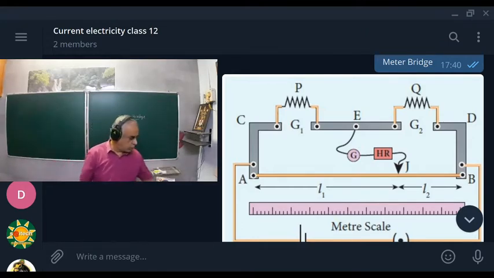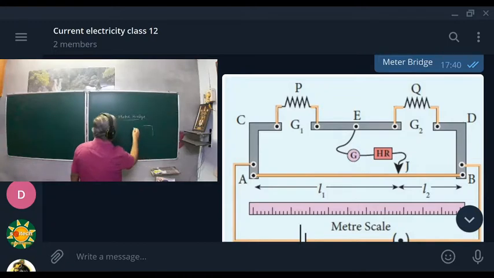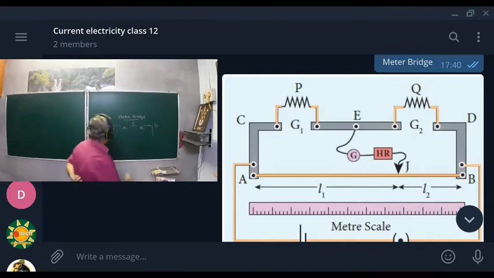In today's session, I'll be discussing the meter bridge. The meter bridge consists of two metal plates, represented by C and D. These are the L plates, and you can find gap 1 and gap 2. At the center you have another metal plate, let me call it E. Just look at the diagram. Are you able to understand? Just go through that. And you have the terminals A and B.